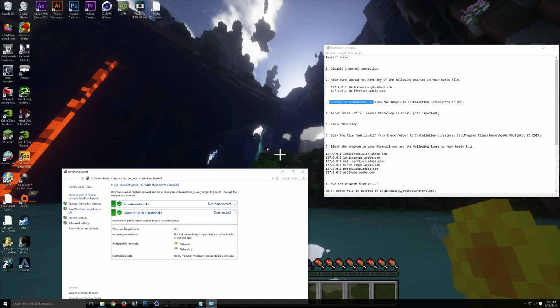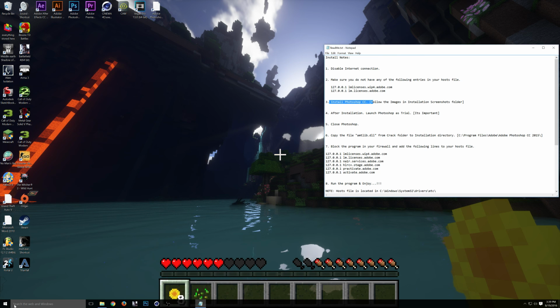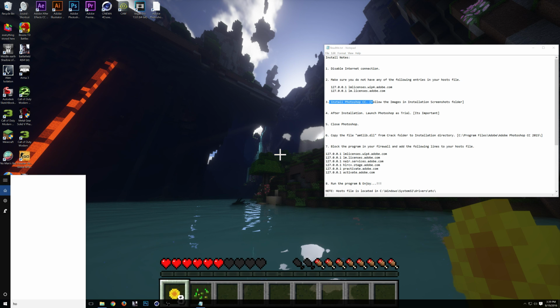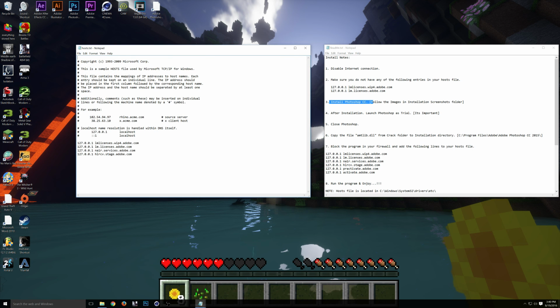All you have to do is go back to the host connection. You go to host dot text, and then you block the